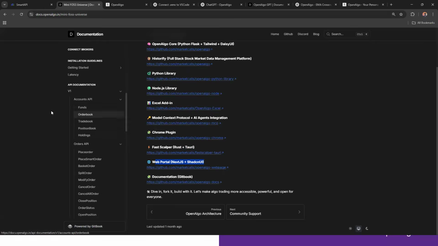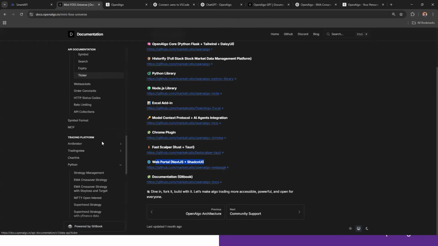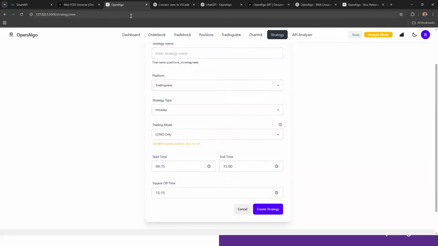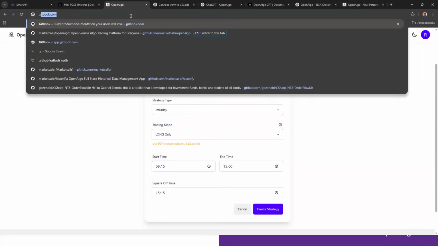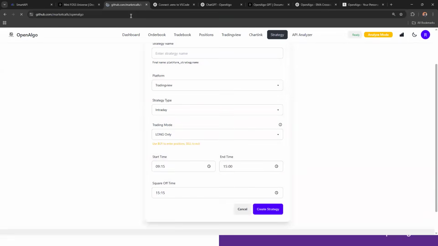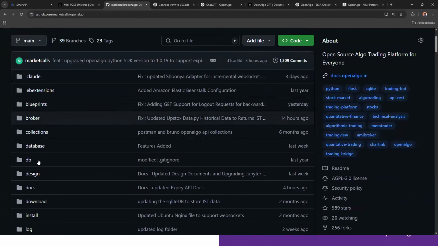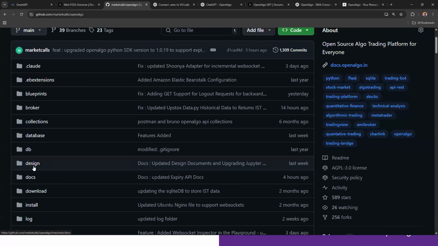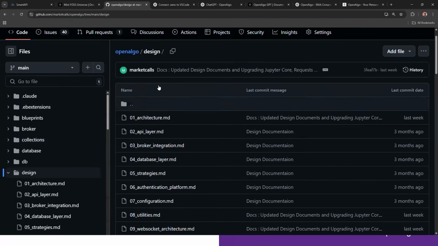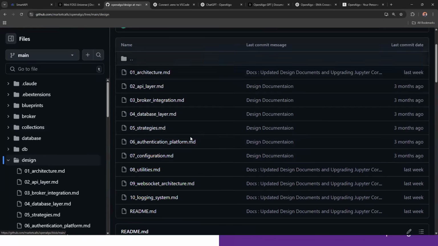And in case you want to know about the design process, you can always go to GitHub. So on GitHub, if you go to OpenAlgo, here you can find the documentation folder and design folder. Under the design folder, you can see the complete architecture of OpenAlgo. Maybe if you are an expert in Python, or if you want to become an expert in Python, you want to study the architecture of OpenAlgo, the complete architecture has been kept open source: the overall architecture, how the API layer works, how the broker integration works,